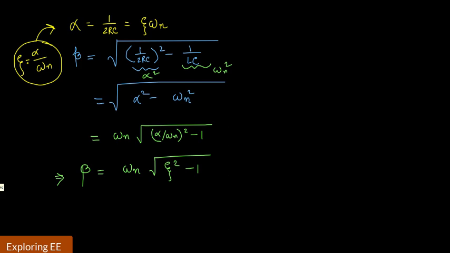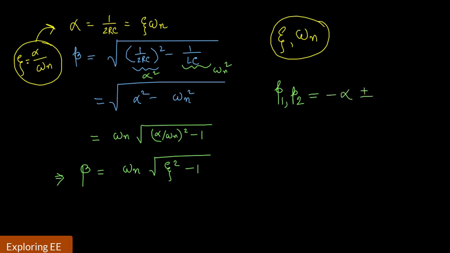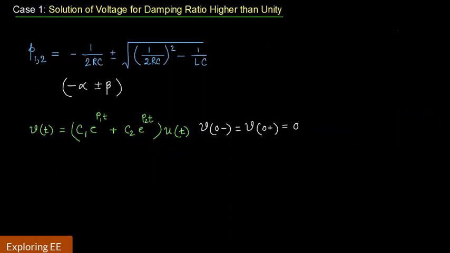Finally, the roots of the characteristic equation can be expressed in terms of these dynamic variables zeta and omega n. They are given by P1, P2 equal to minus alpha plus or minus beta. In place of alpha, we will write minus zeta omega n plus or minus the square root of zeta square minus 1 times omega n. Now case 1, when zeta is higher than unity, from that we have zeta square is also higher than unity. So zeta square, meaning alpha square by omega n